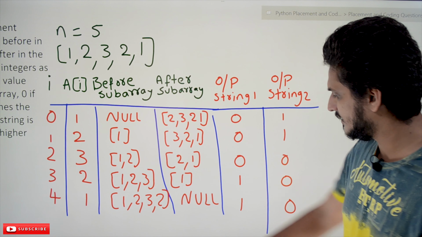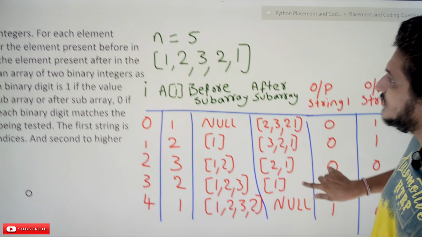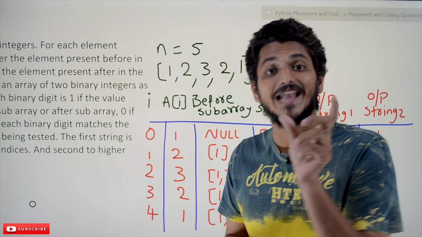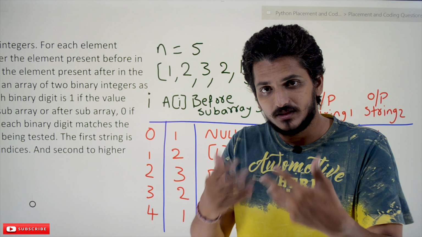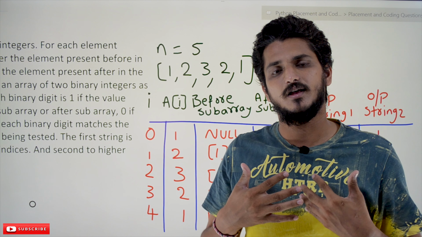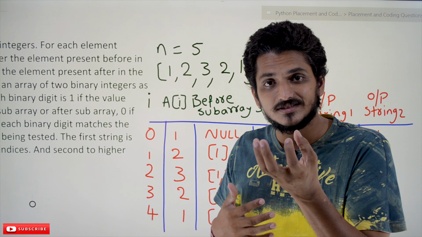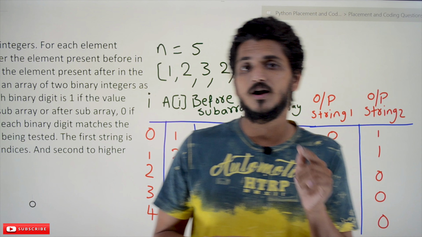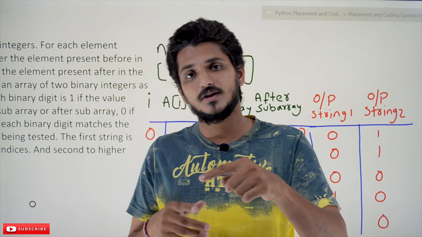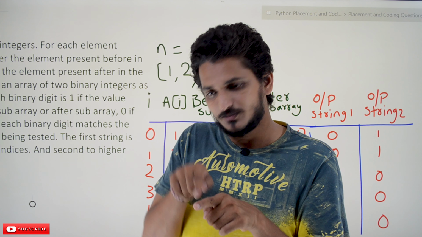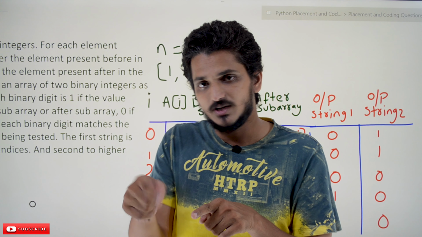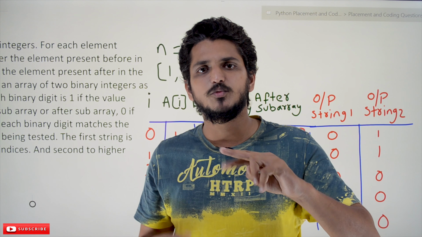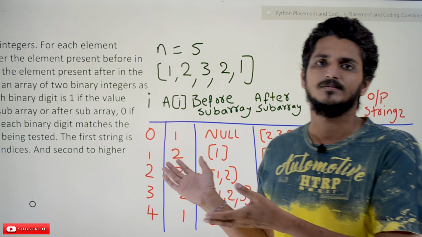Coming to the solution part, what's the logic we are using here? When we are discussing lists, we have the concept of list slicing. We can pick the part of the list that we need. We use the same concept for string slicing. And we have an operator in Python called the in operator. The in operator checks whether an element is present in the list or not. If it is present, it returns true, otherwise it returns false. Using these two concepts, we can easily solve this question.